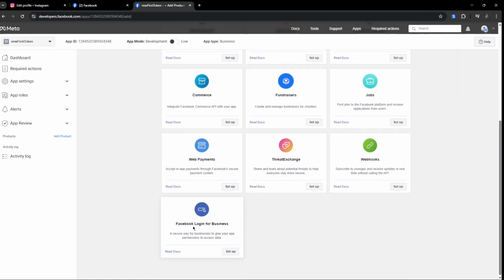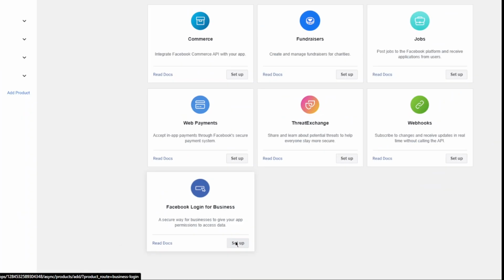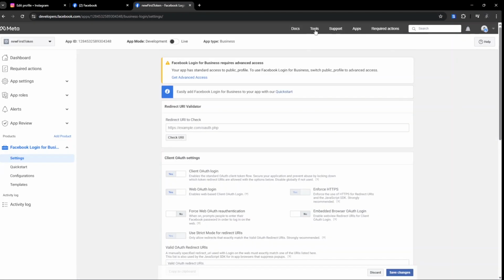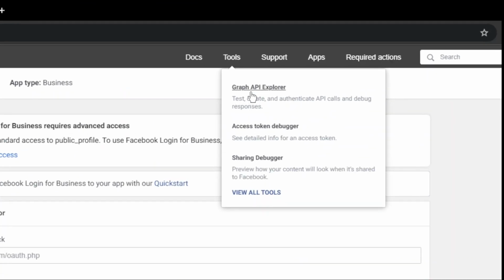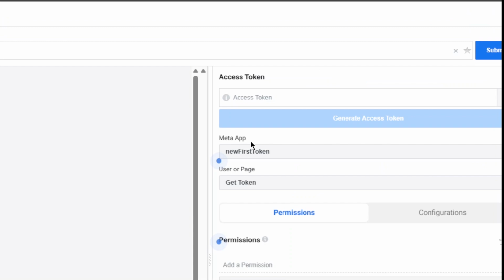Find here Facebook Login for Business. Click Setup. Hit the Save Changes button. Now, hover on Tools and click Graph API Explorer. From here, the Meta app, you should select your app name, and from here, make sure it is selected as